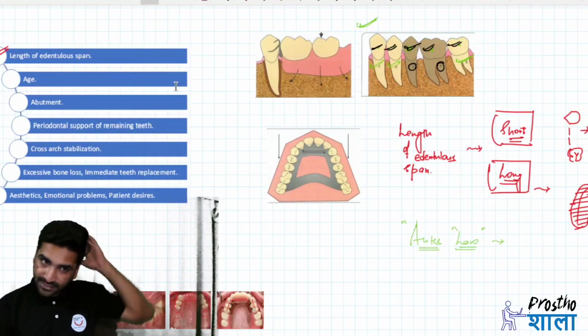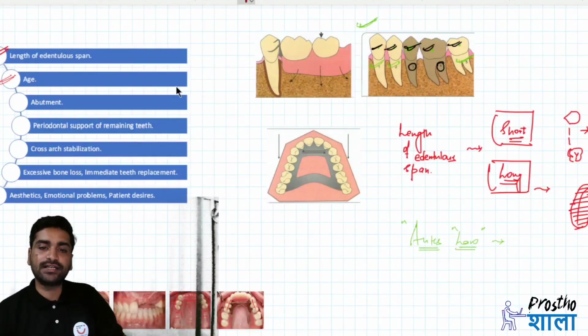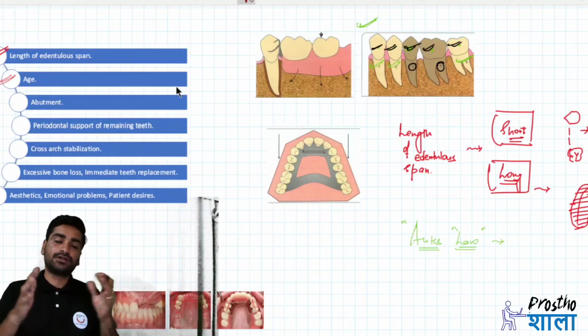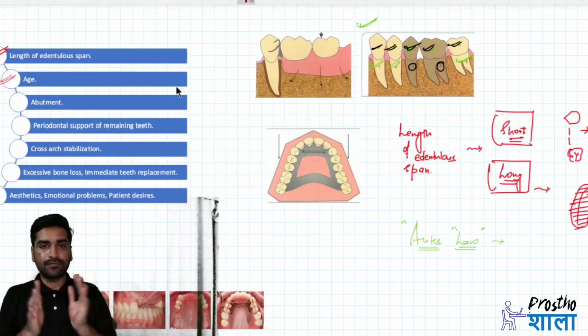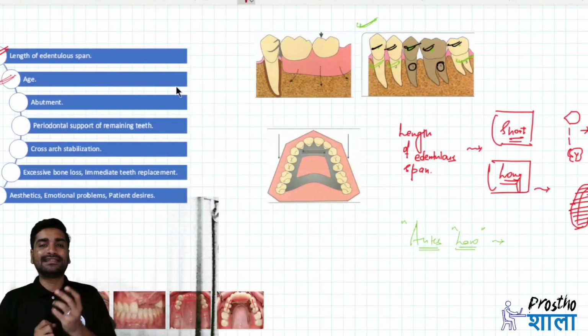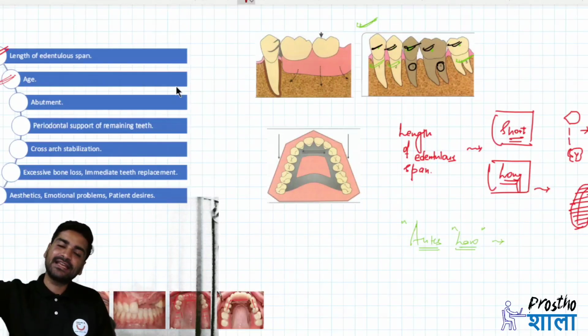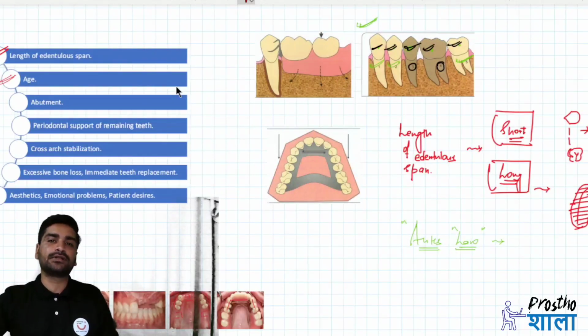Second comes the age. Now for very young patients, below 16 or 17 years of age, we cannot actually recommend giving permanent crowns, because the pulp or the teeth are still developing. The pulp horns or the amount of pulp chamber will be very large. You cannot adequately reduce the amount of tooth for placing a cap. So in those cases, for the time being, you give an RPD, and then in future you can go with a fixed treatment option, that can be a fixed partial denture or an implant, and that usually depends on the clinical